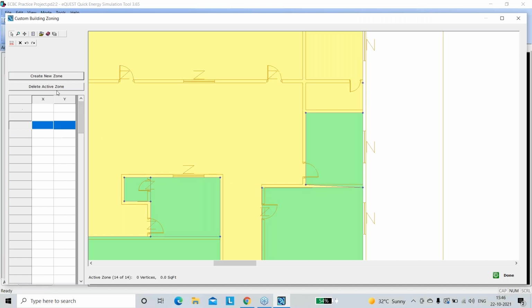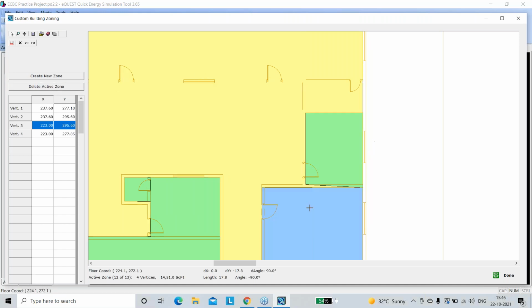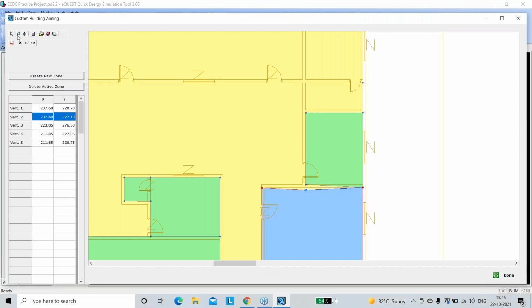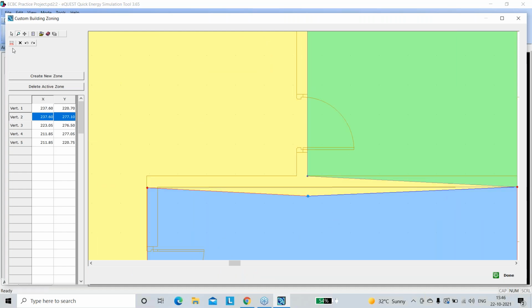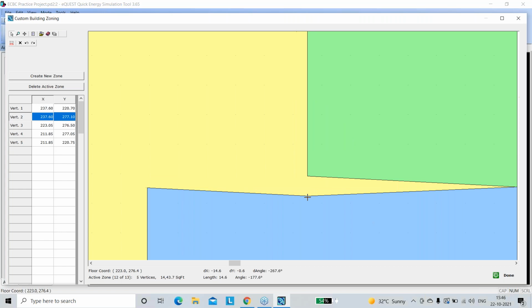So what I will do is click on delete active zone, click on one point, click it one more time so that it is blue, and I draw a vertex here. Then I again